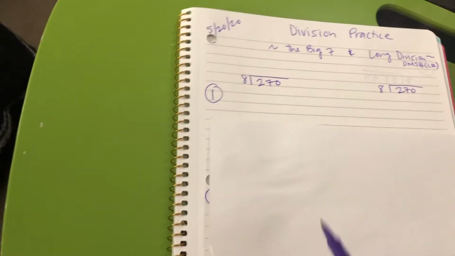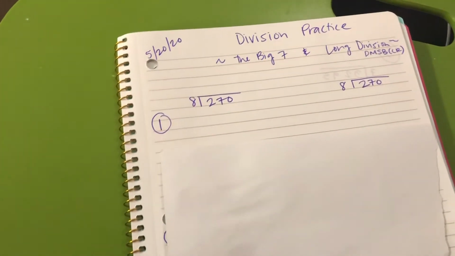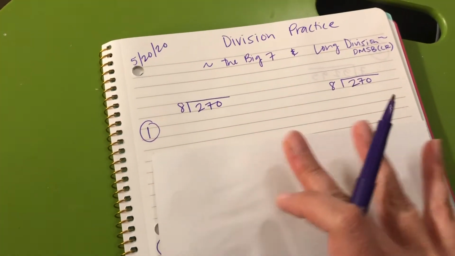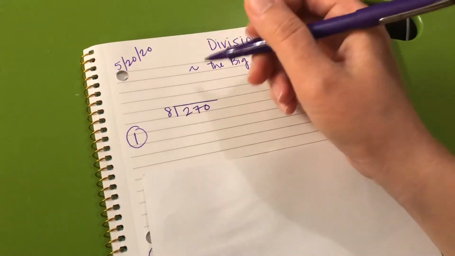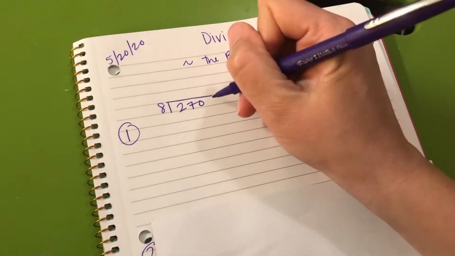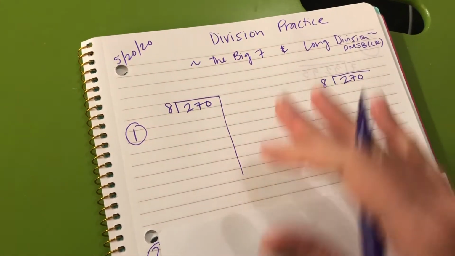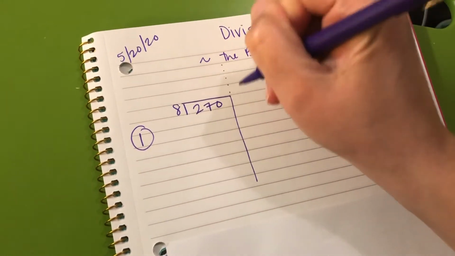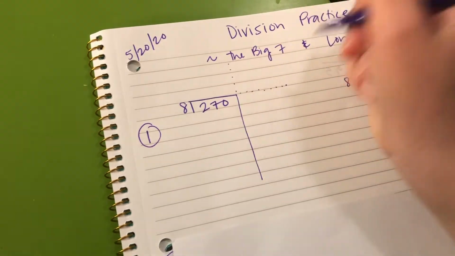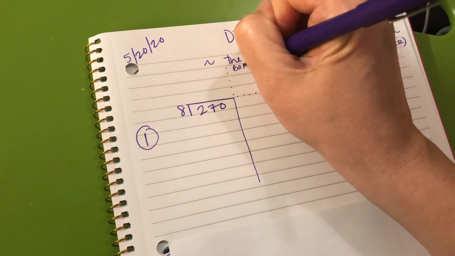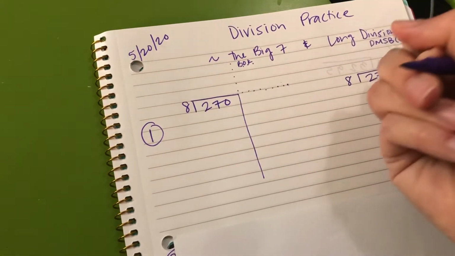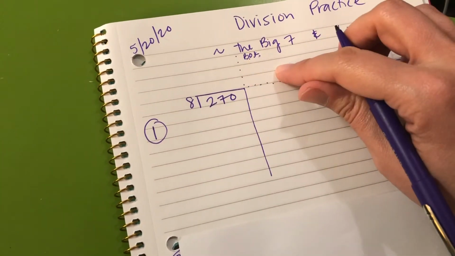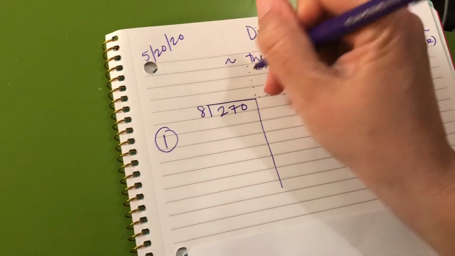Big 7 is kind of foreign to probably your parents. They've helped you with it, so I'm sure they're comfortable with it now. But it's not how we learned it, so it took me a little bit to get my brain around it. I'm going to start with my 7, and then I like to do my bank of knowledge. When you watch other videos of the big 7, they don't always call it a bank of knowledge. They don't always do this. This is just something I find that helps your brain out a little bit, and it helps you think of